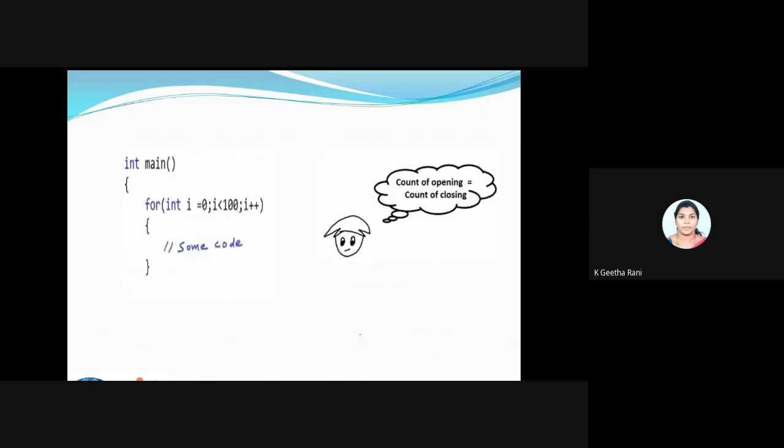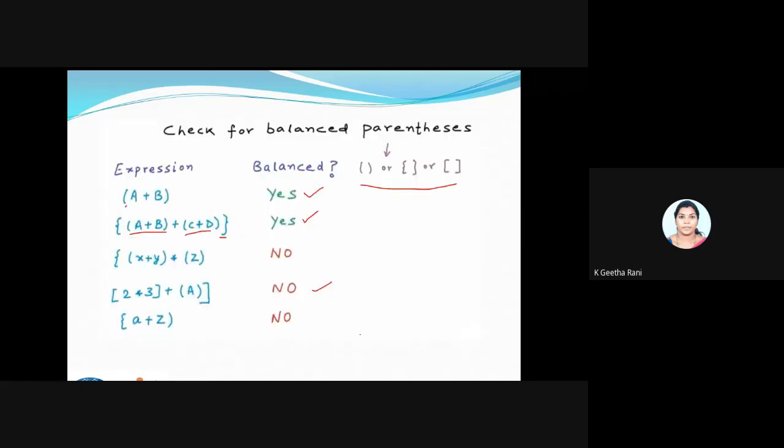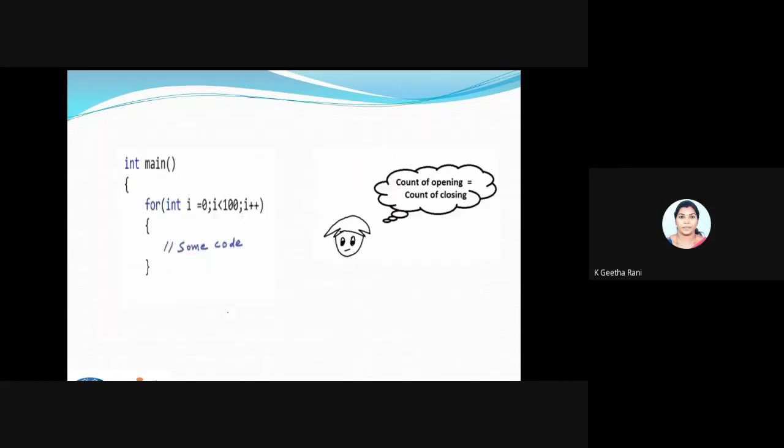So how to overcome it? We have so many ways. The first way we will try is to count the brackets. For example, how many opening brackets is equal to how many closing brackets. That is one method we can follow, but there are some issues in doing it.